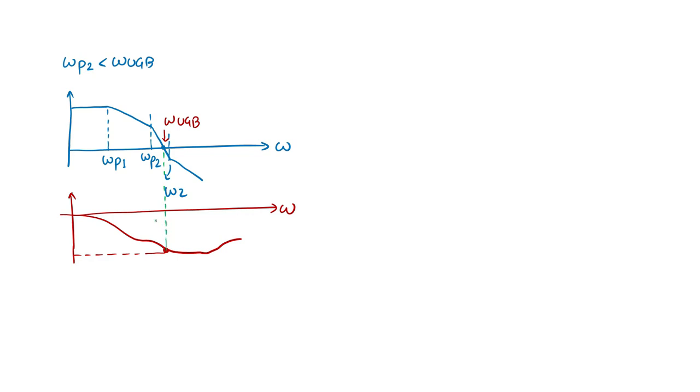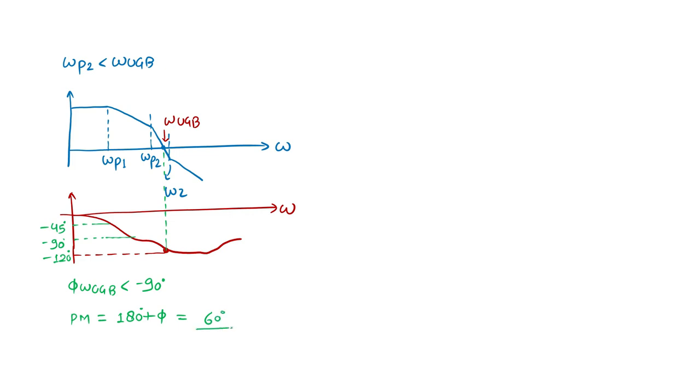So what is the phase at omega UGB? It is more negative than minus 90. At the first pole frequency it was somewhere around minus 45, and it was about to reach minus 90, but it is more negative. Let's say it is minus 120 degrees for this case when omega p2 is less than that. So what will be the phase margin? Phase margin is nothing but 180 plus this phase, which is minus 120, so it is now 60